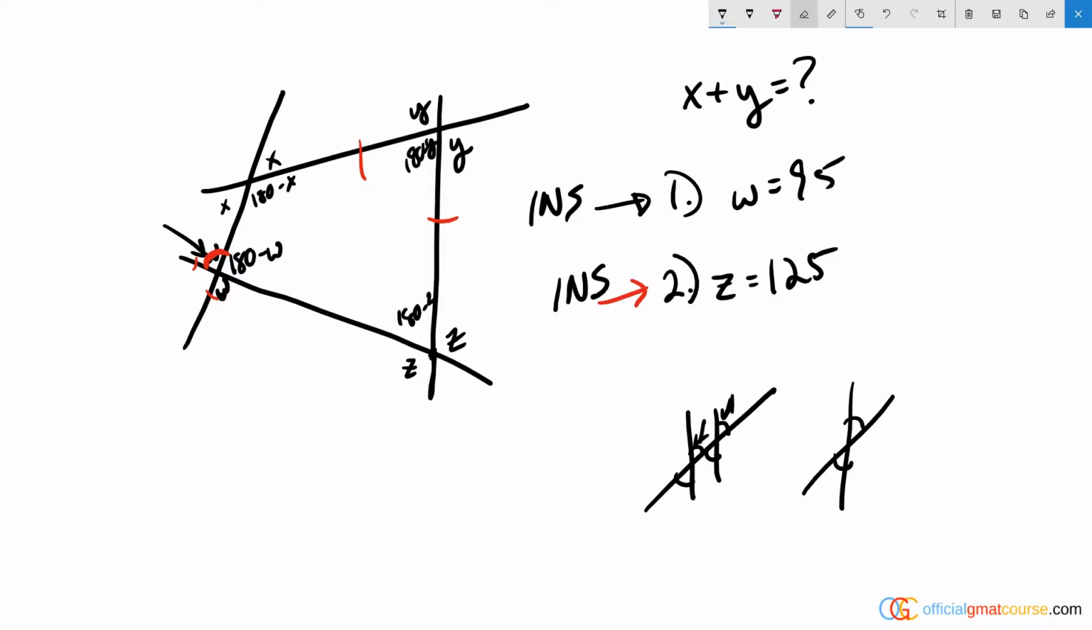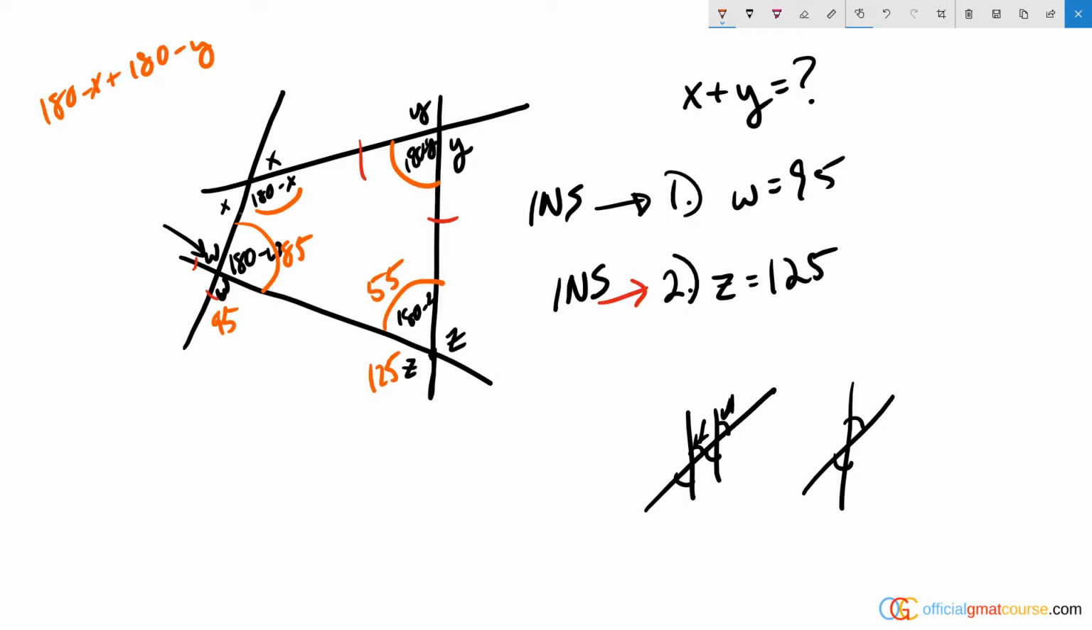However, when we take both of them together, if we look at locking all these sides together, because we have z is 125, which means that this here is going to equal what exactly? 180 minus 125 is going to be 55. And if we know that w is 95, well, that means that this is going to have to be 85. And now 180 minus x plus 180 minus y is going to have to equal the remaining